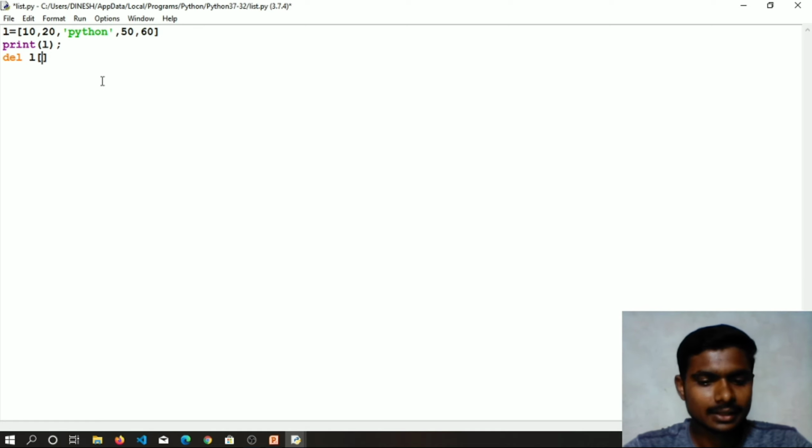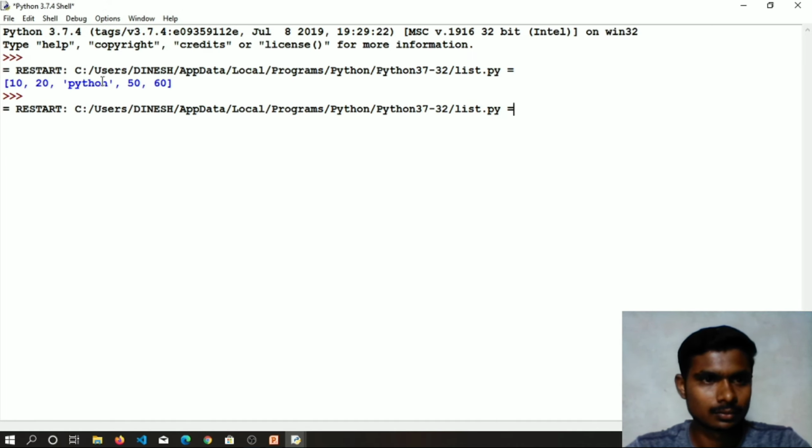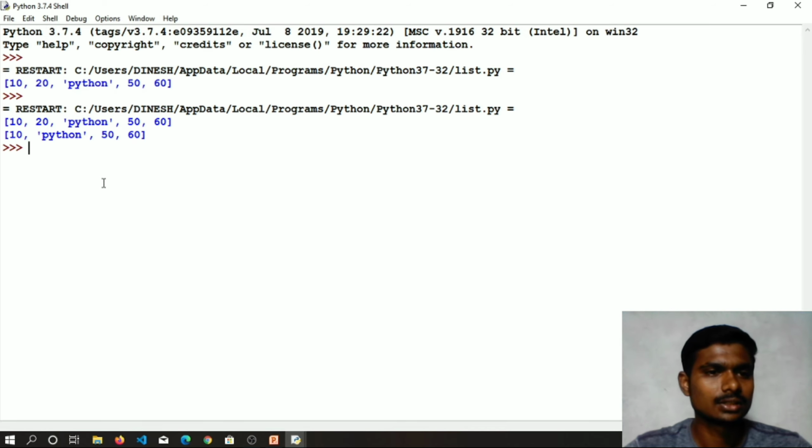So I will enter index place 1. And again we have to print this. Here you can see two lists, one is the old and one is the updated list. From the updated list we have deleted one element, that was 20, using the del operation from a specific index place.